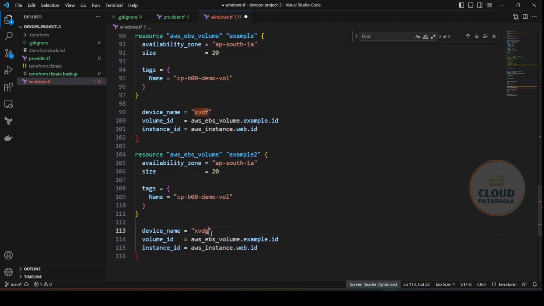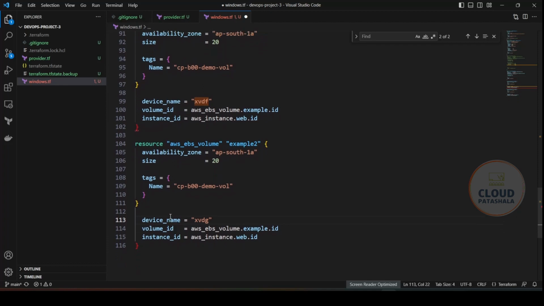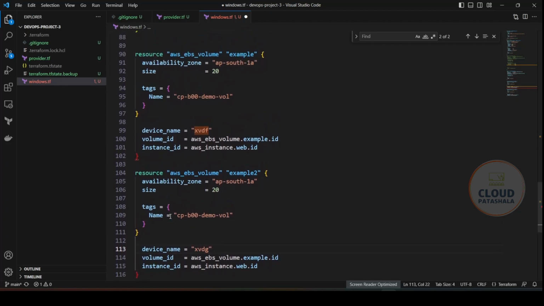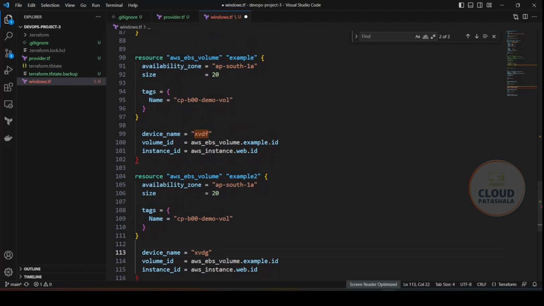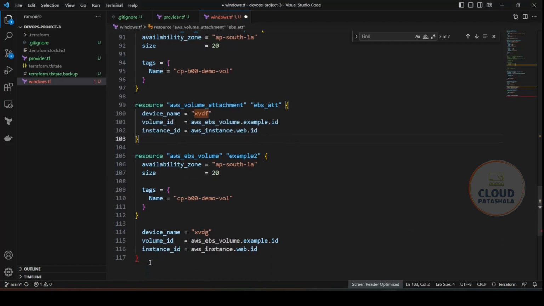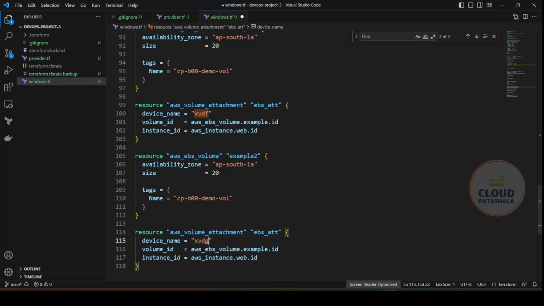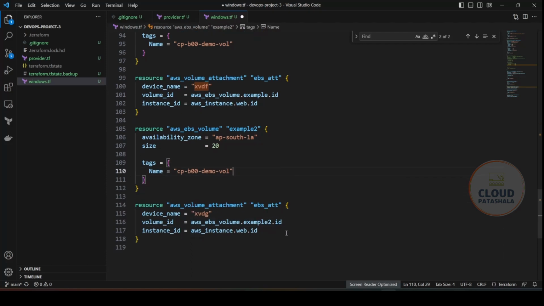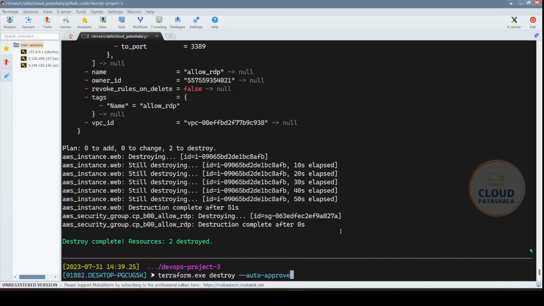And what I would also do is provide the volume attachment. So I've just made some changes to the copy paste, and that should be it. So what I am doing is providing example 2 over here, and the instance is the same. Now if I run this code, so what would happen is